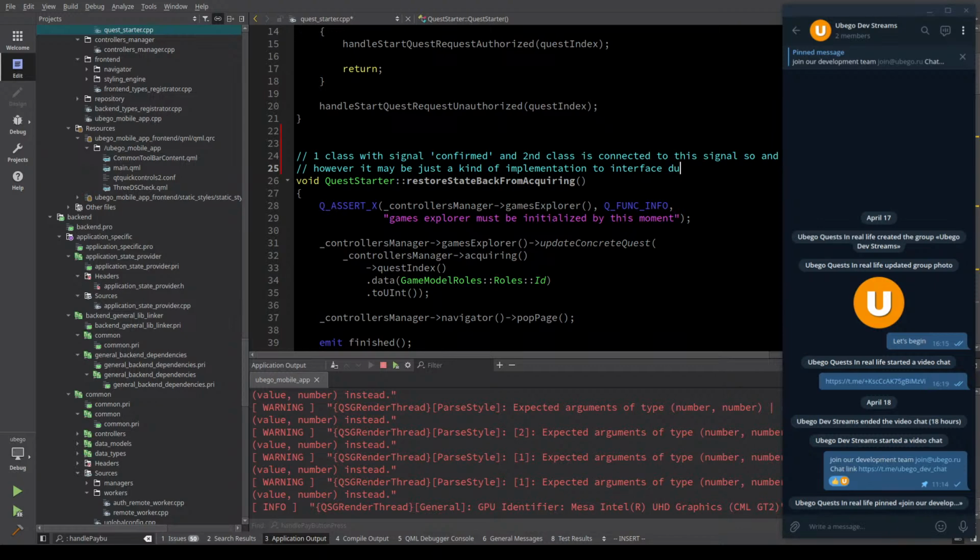So now I think I need to get rid of this. And so we need to simplify something like this, but